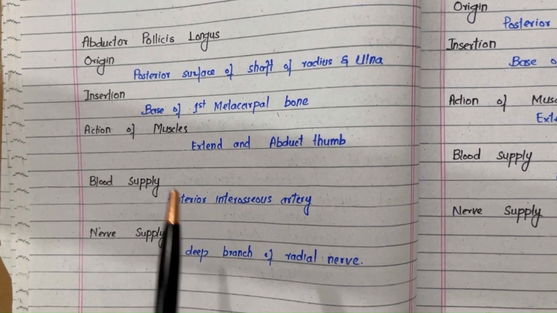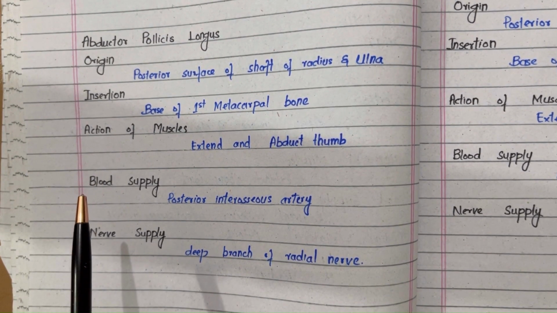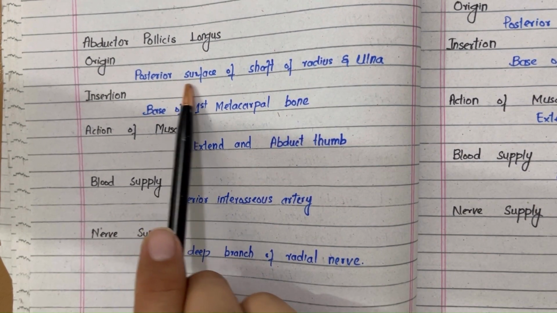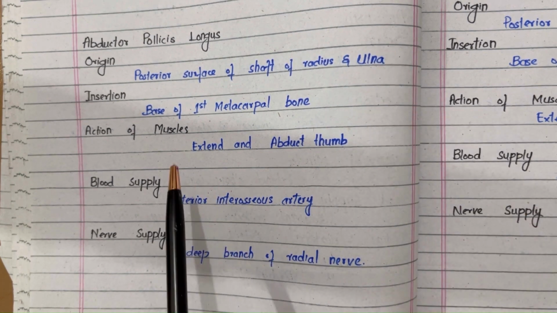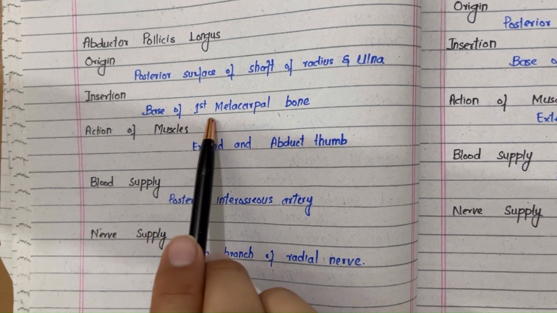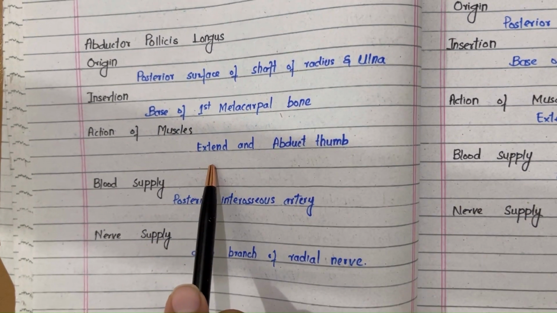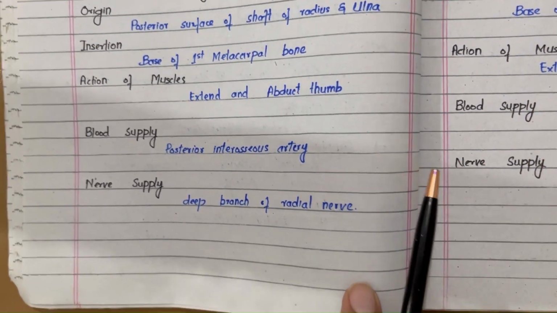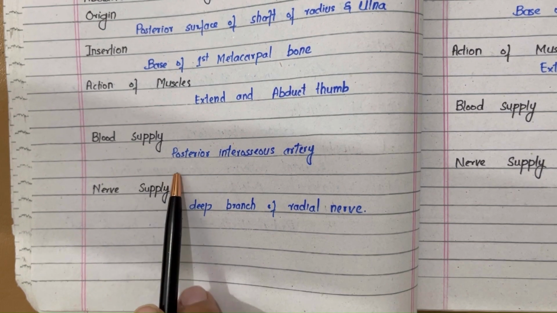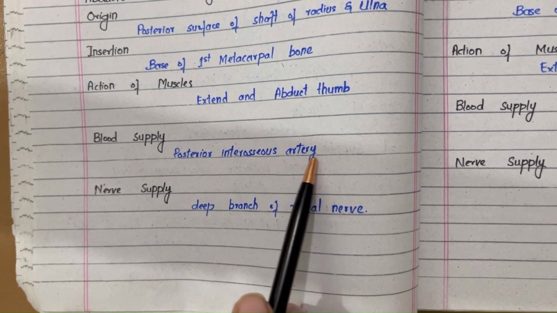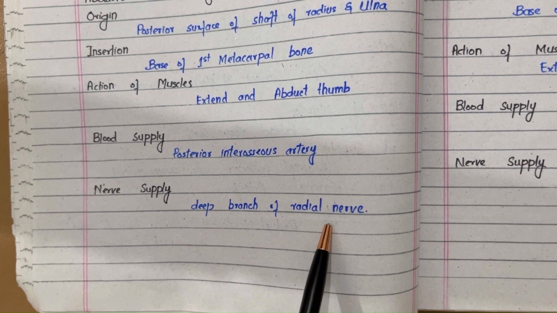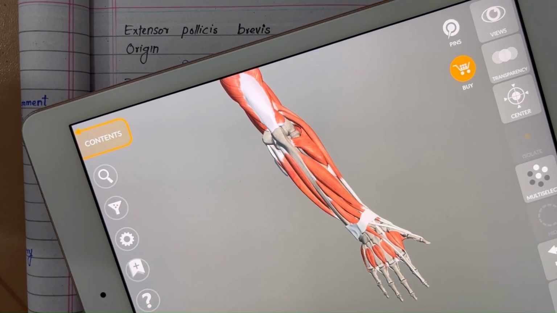Student, as we have discussed the anatomy of the abductor pollicis longus muscle, here we will overview this muscle. This muscle originates from the posterior surface of the shaft of the radius and ulnar bone and inserts into the base of the first metacarpal bone. This muscle plays an important role in the extension and the abduction of the thumb. Blood supply: student, this muscle is supplied by the posterior interosseous artery and it is innervated by the deep branch of the radial nerve. Now student, moving toward the third muscle of the deep layer, which is the extensor pollicis